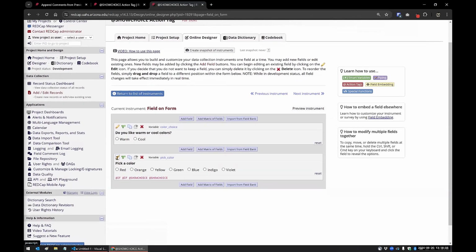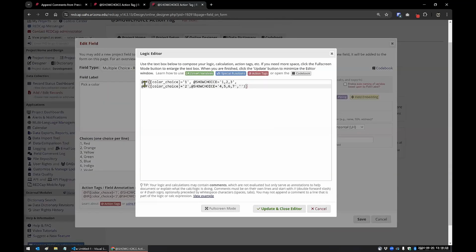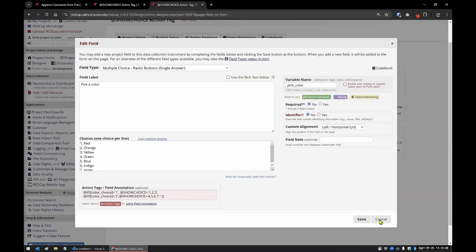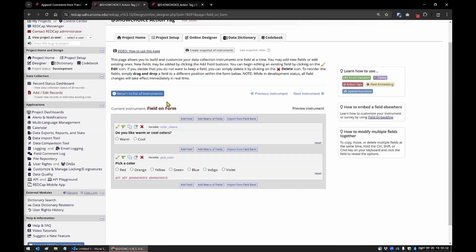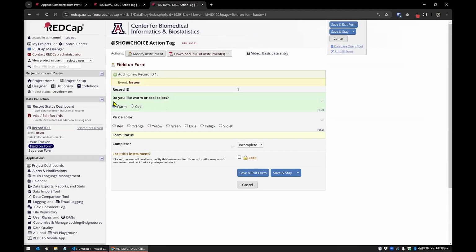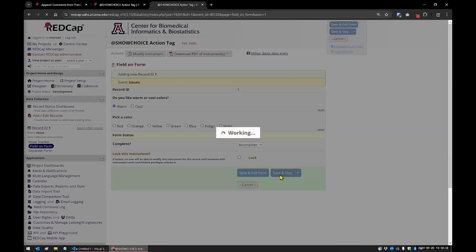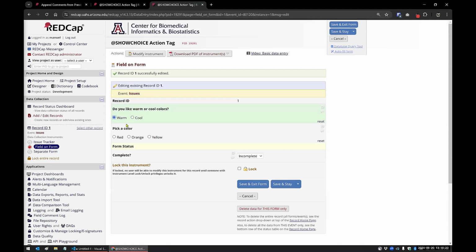And in the designer, I just have a nested if statement here. I'm saying if choice is 1, which is warm, I just want 1, 2, or 3. If choice is cool, then I want 4, 5, 6, or 7. So it's not working here because there's nothing firing on the form when this gets selected. But if I click save and stay and it reloads, now it's going to have that value. And now it's going to filter. So if I select cool,